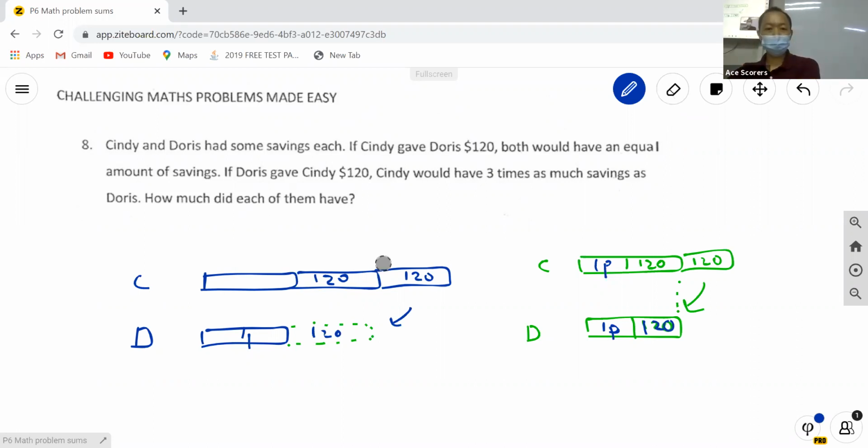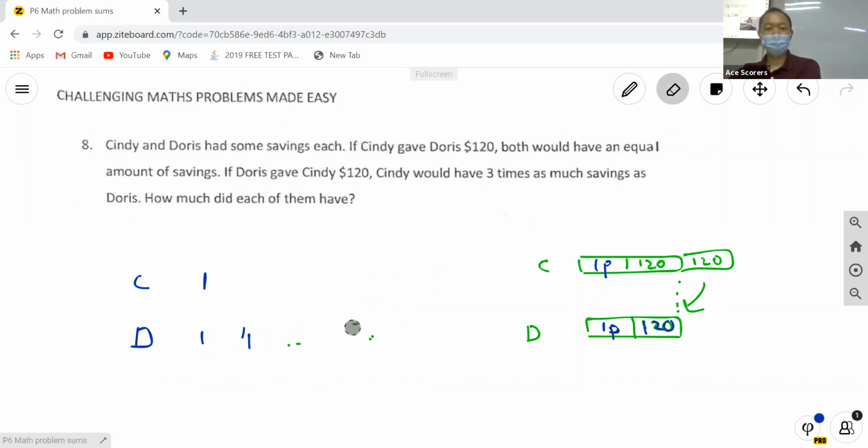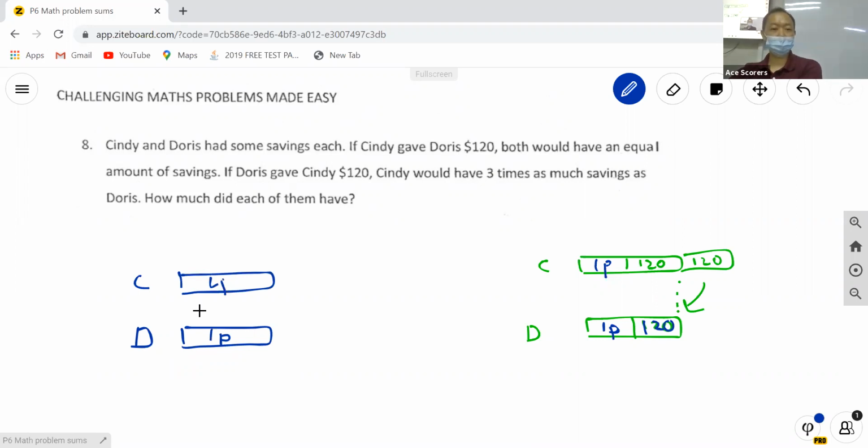Okay, I'm gonna redraw this one, okay? Did I screw up all your worksheets? No. Okay, one more time. So from here we know that Doris has one part, right? And then Cindy has one part and 240. Okay, so Doris has one part. Let's start with this one part, and then Cindy is one part. Okay, it's a bit hard to use a diagram. That's fine. So this is one part